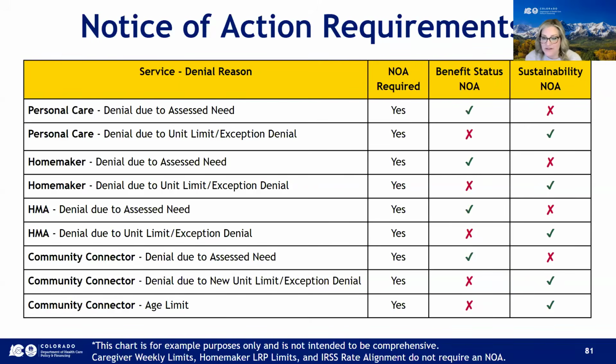You're working ahead for those CSRs, so you already have that 60 days built in there. Remember, these are all not effective until April 1st or later. Changes need to be made by September 30th, 2026, 60 days prior to certification end date, in order to ensure that we're making our timelines to have these sustainability actions in place and savings realized. For changes about community connector age limit, you must send your Medicaid Sustainability notice of action no later than March 15th.